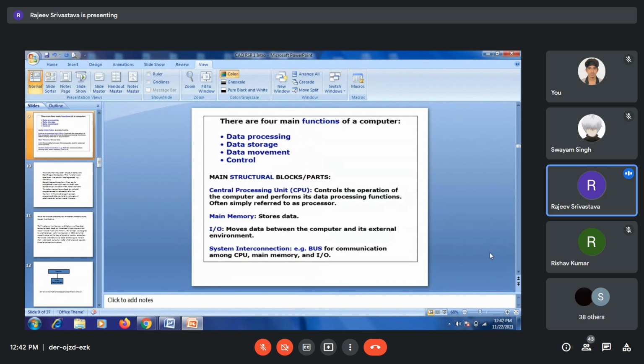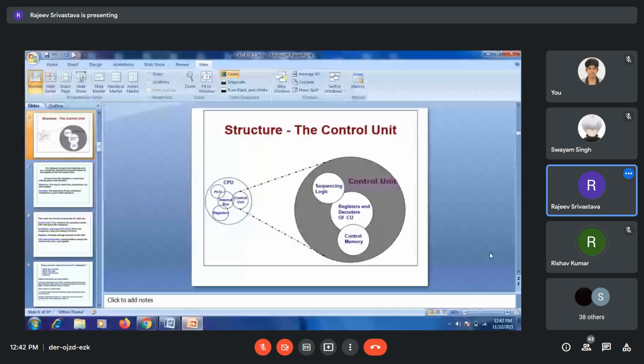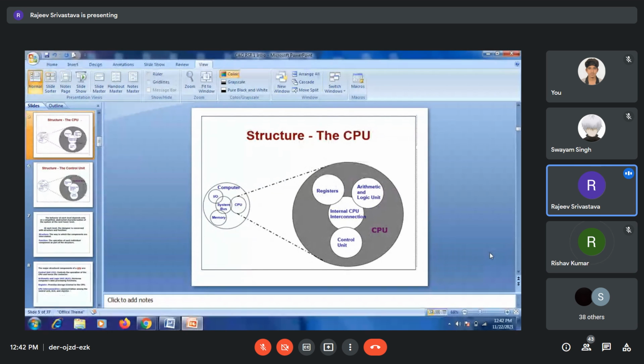So this is the basic functioning, that we have data or operand, then it has to be transferred to CPU, then the instruction is there that will be processed, and the result will be stored in a storage device, and the result can also be seen on something like a printer or screen.